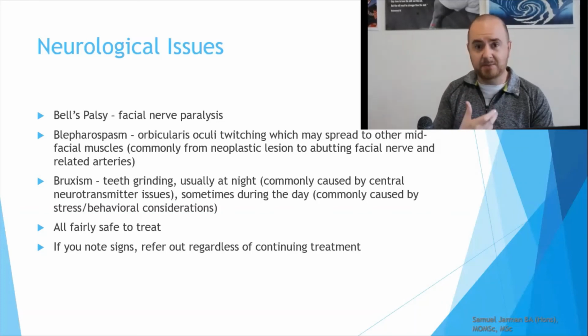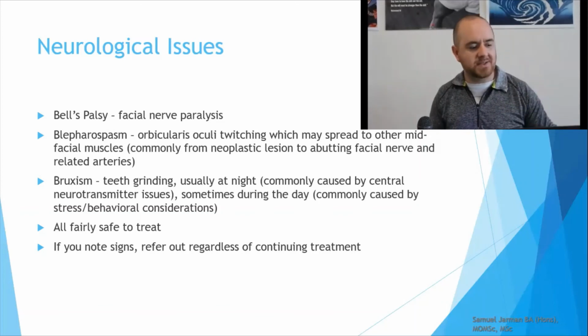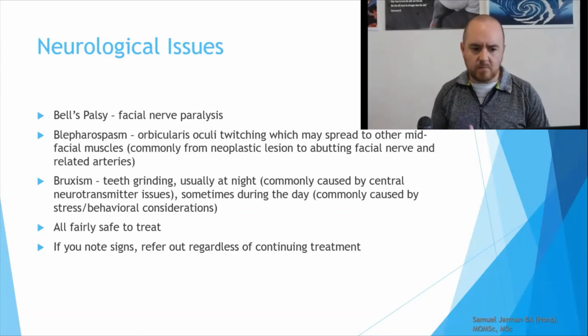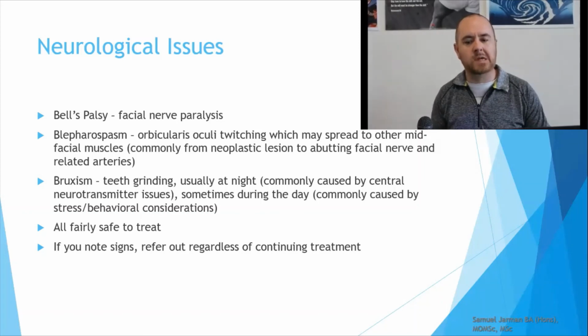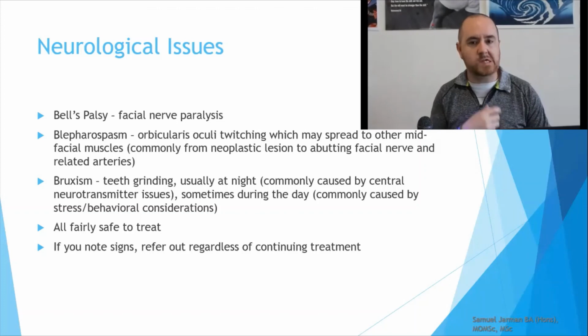Right? So you may actually be able to identify issues with movement in these regions that may not necessarily relate well to the conditions that are presenting. Now, as far as what you might expect to see if there was something else going on with either the facial nerve or the mandibular nerve, you may expect to see some deviation of the jaw, right? So if there was a paralysis of the mandibular nerve on one side, you may see some deviation.